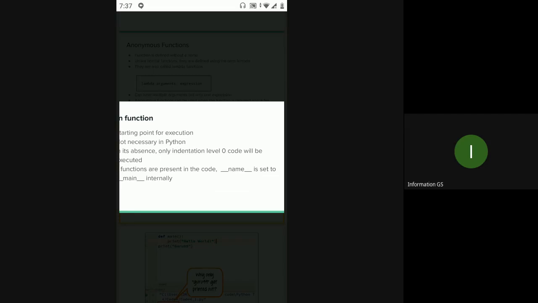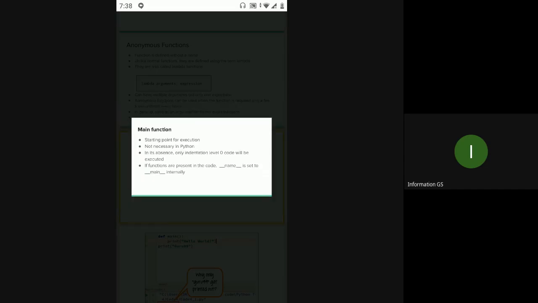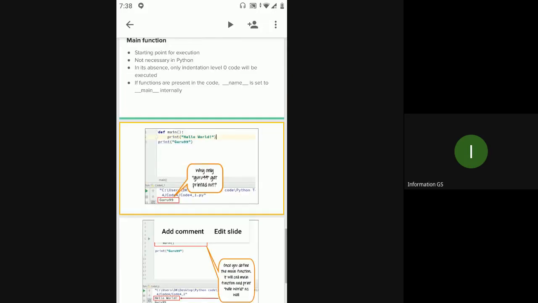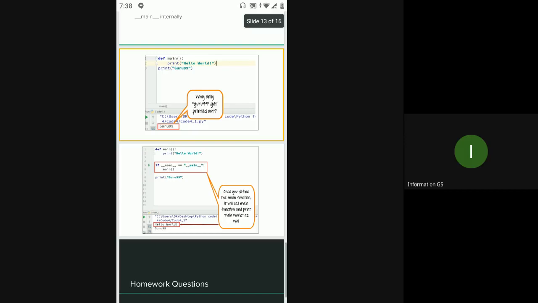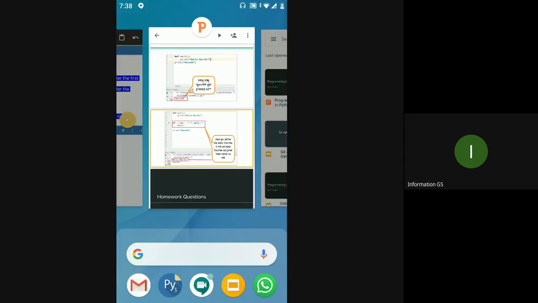If you want to not run a certain part of the code while importing it, then you can use a main function. This is a bit vague, more of a beginner-level explanation, but I hope it is clear why we are using the main function.